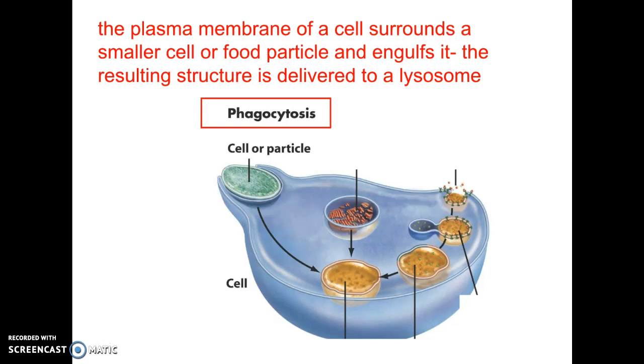And so these cells will extend pseudopods around the thing that they're going to engulf. Think of this as like how an amoeba moves and eats, because this is left over from amoeboid movement, from